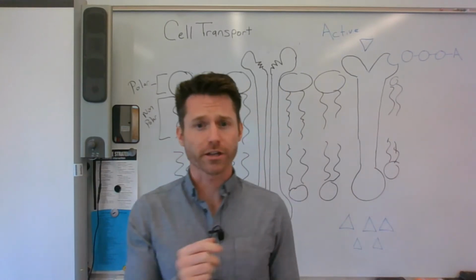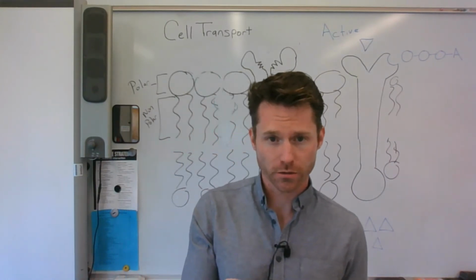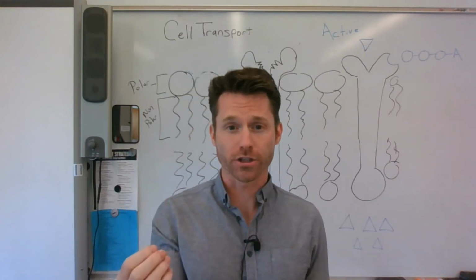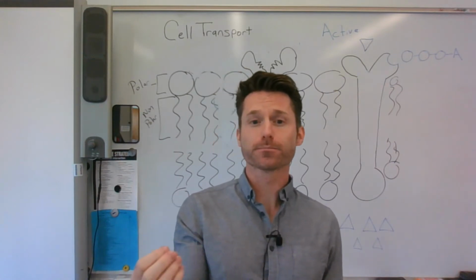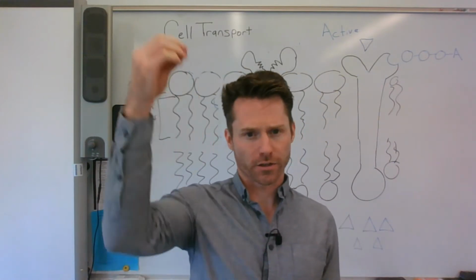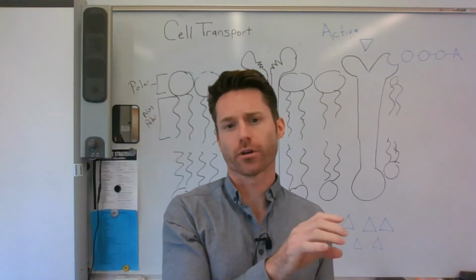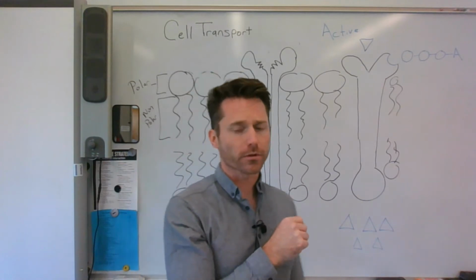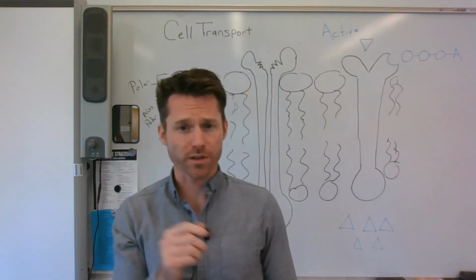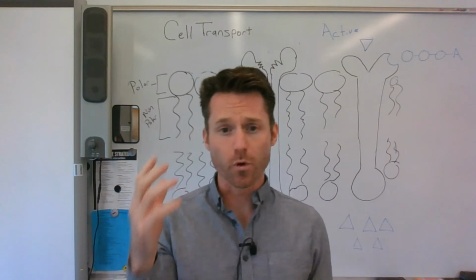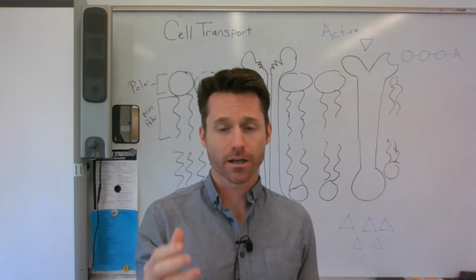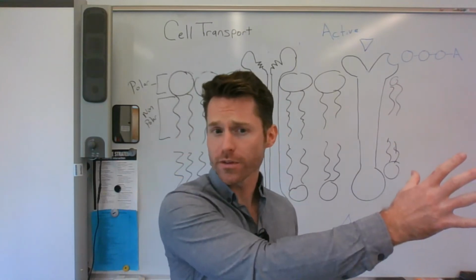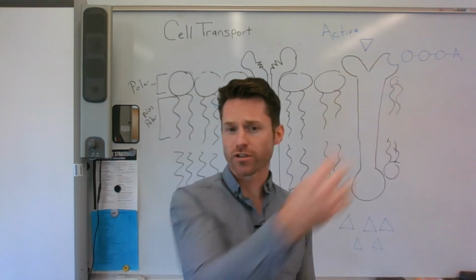So those are our types of passive diffusion, passive transport that did not require any energy exertion by the cell. Those things moved via diffusion from a high concentration to a low concentration, as is a natural tendency of all molecules to do. However, there are circumstances where cells need to be able to move molecules against the concentration gradient. Now, whether that be to dump waste out of the cell or to take nutrients into the cell,